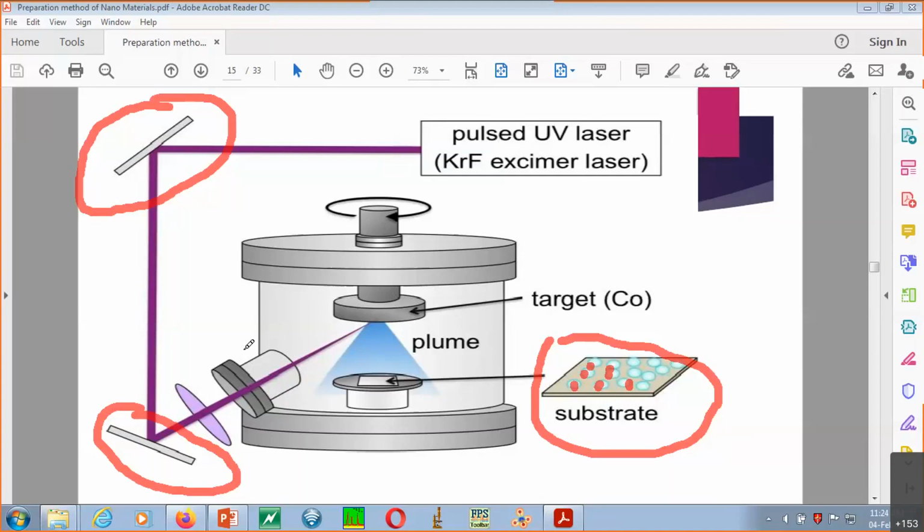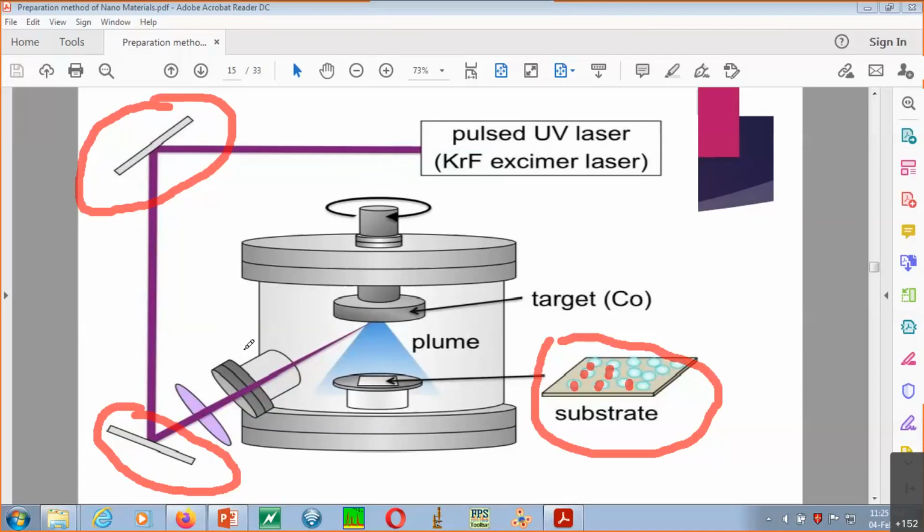Yes, so basically with the help of reflectors, we can control the intensity of the laser beam, control the energy of the laser light, right? How can it be? I will give you a very simple example. Just imagine, all such stuff we are keeping inside a vacuum chamber, and the entire setup is very costly. Suppose I am interested in creating nanoparticles from a target material, let's say cobalt. There is a certain energy which I can apply to this metal cobalt.